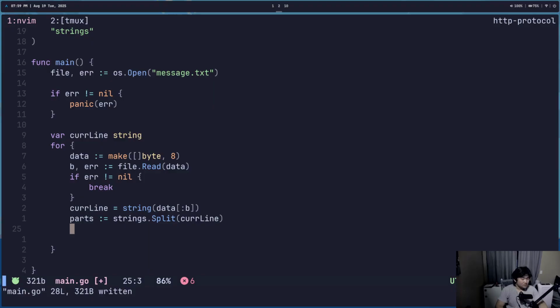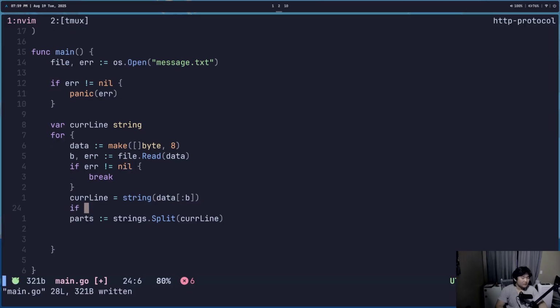Parts. Okay, parts, we did that. Now, I guess we would do this if... No, we're just gonna reassign every iteration. I guess, can I do this? Cur line. Wait, can I even do this? Was this illegal? I guess, cur line dot,